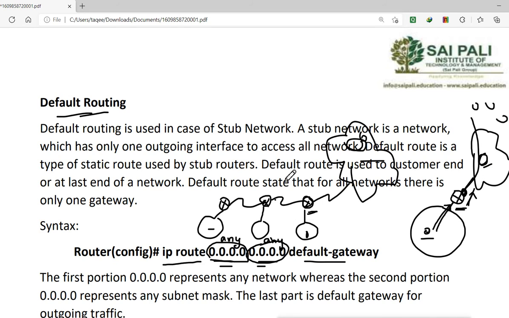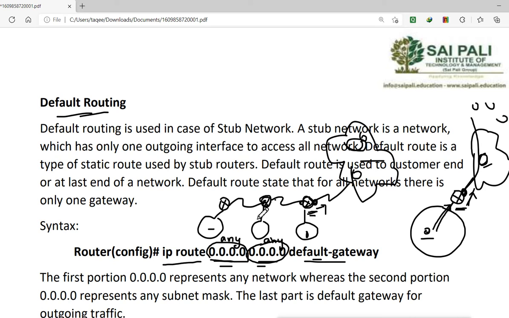And for this kind of connection, on this router we configure the same: ip route 0.0.0.0 0.0.0.0, which means for any network, any subnet. Again we don't know the default gateway, the next hop, so we will mention this interface as the gateway, and that means to go to any network, you can exit from this outgoing interface and you will reach the WAN network. But for this other router, it has a next hop address, which is this router.